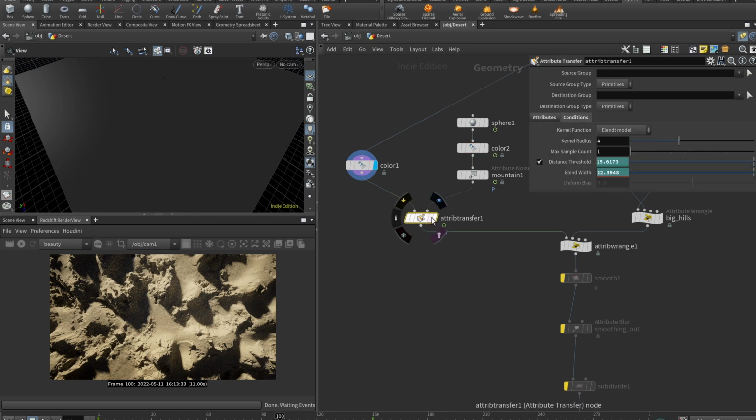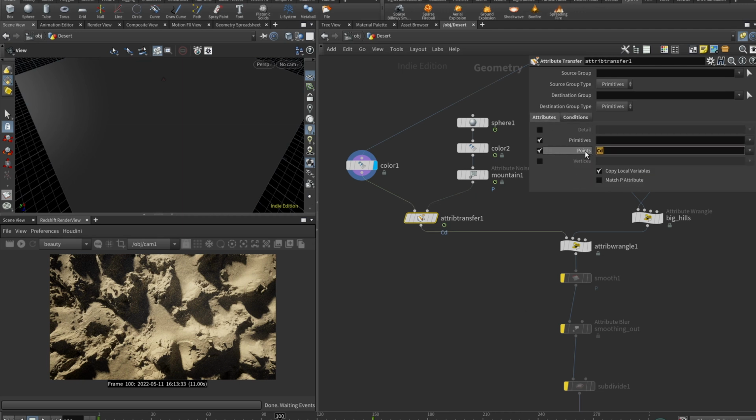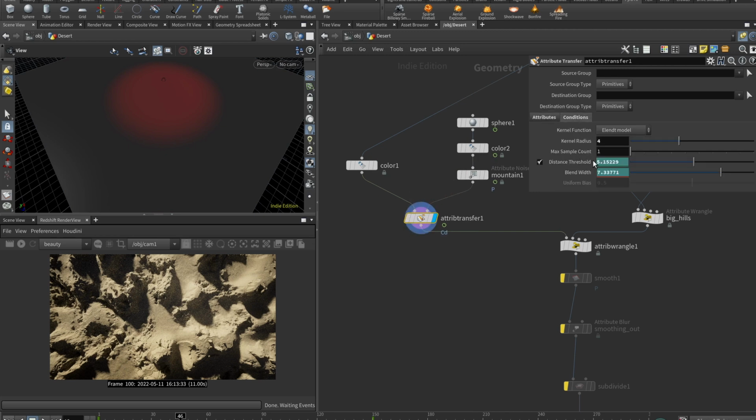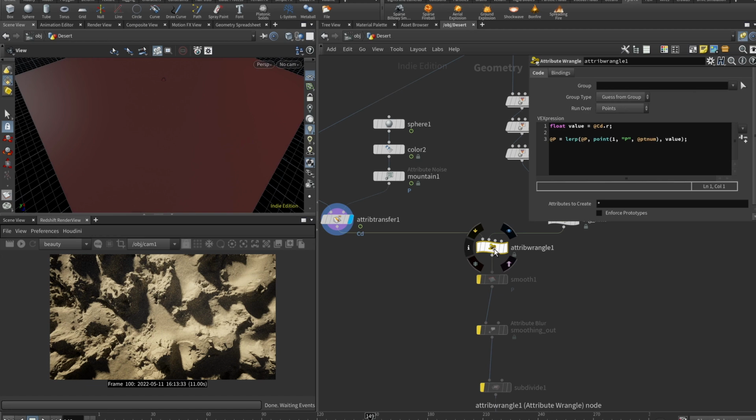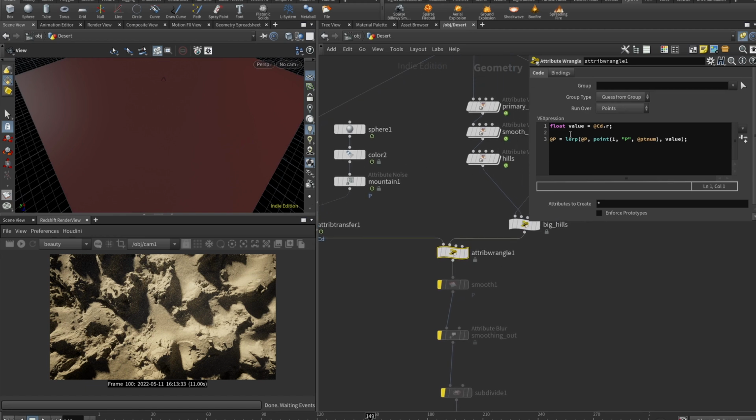And I add attribute transfer. I animate that transfer. Attributes here, point attribute set to Cd. So now if I do the attribute transfer, and because I'm animating these values here, distance, threshold, and blend width, you can see how it basically grows. Boom. So now what I want to do is create another attribute triangle and do that same interpolation, but now